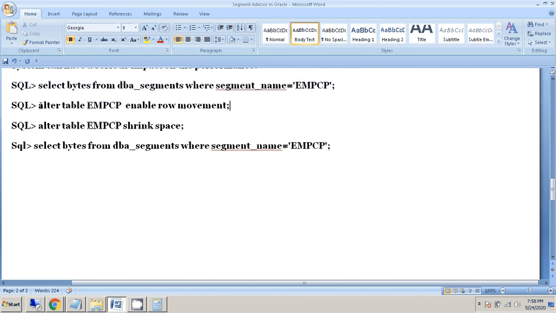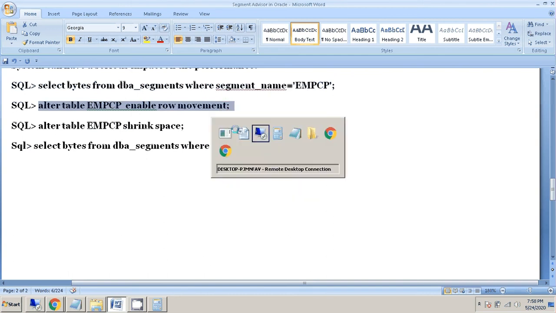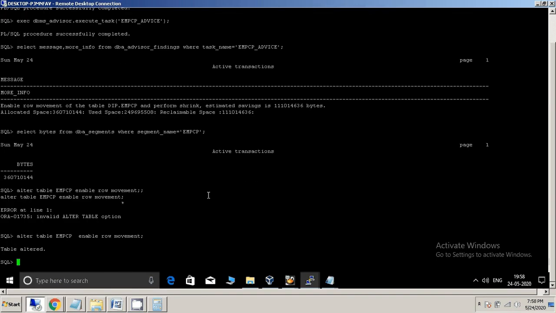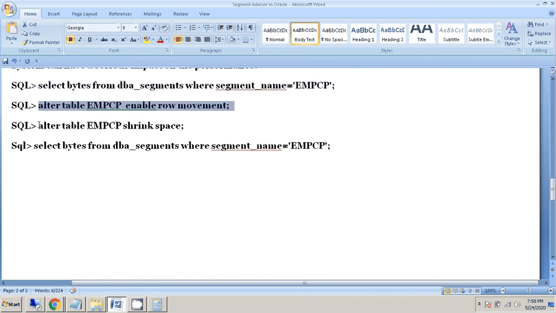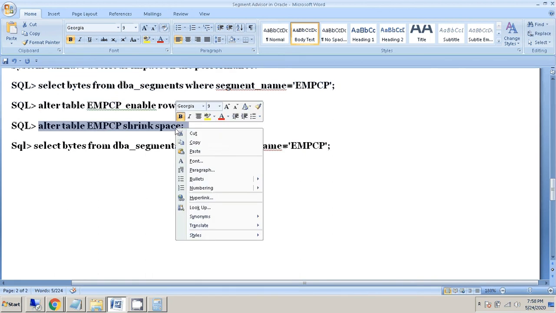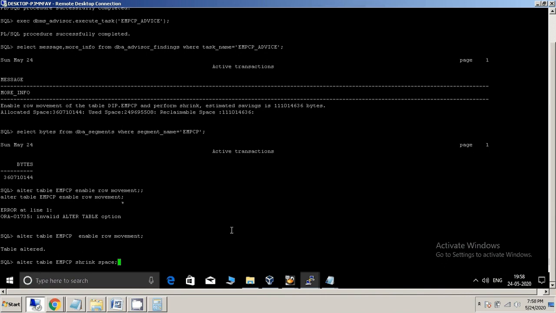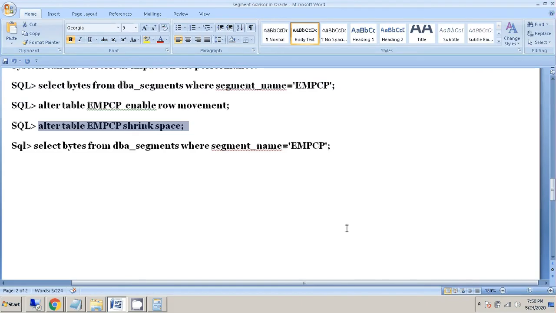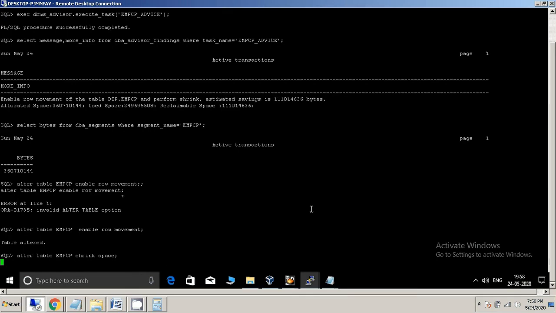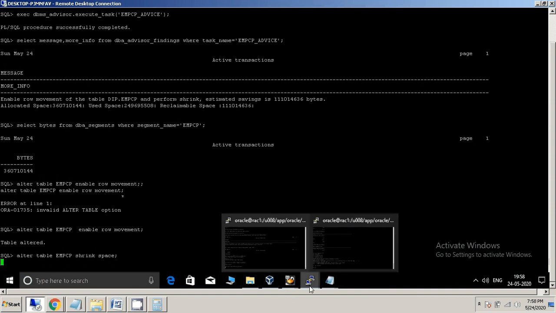I will share this document so you can practice it. And here is the main command, shrink. It will take some time; it's a small table, but it's taking some time. In your production environment it will not take a long time, but still it is not recommended. But this is the concept in Oracle, so that's why we are practicing it.